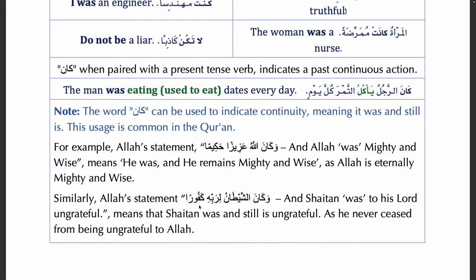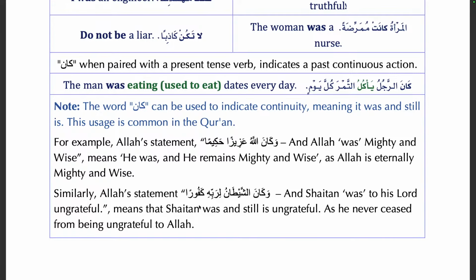Or I'm telling you the man was a doctor and he's no longer is? Context, right? Context. So for example, let's say we are speaking about a doctor in the presence of the doctor, and we both know that he is a doctor. And I was to say, هذا الرجل كان طبيبا. This man was a doctor. What I'm telling you, meaning it's not that he's now a doctor. He was a doctor in the past, right? And he's still a doctor because he is still acting as a doctor. Clear? Context.